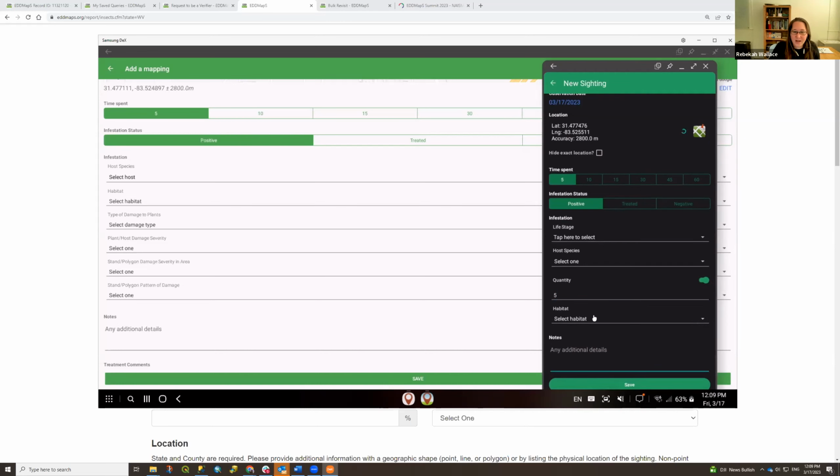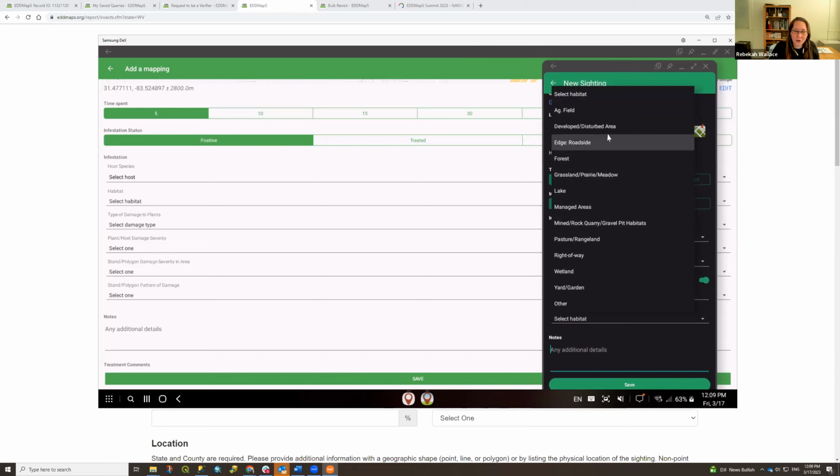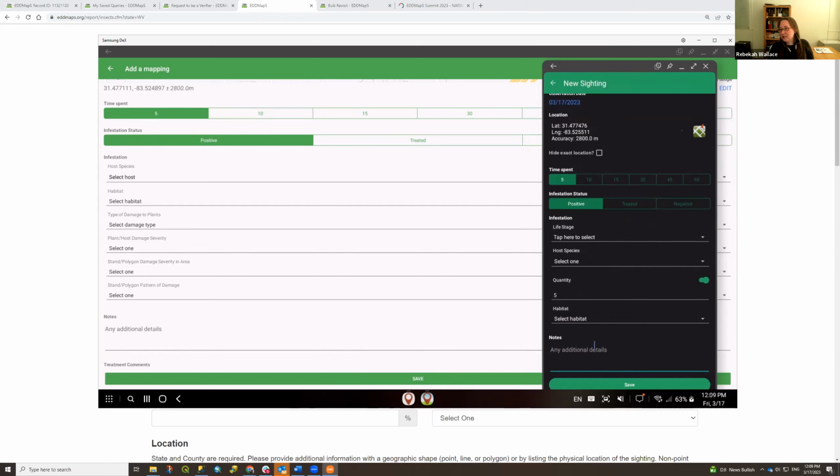And then habitat, I don't think we have inside of home as an option, but we do have ag field, right of way, things like that. So there is additional information coming in that way. There are cases where we don't have that information because of bulk uploads and because of getting data from iNaturalist. From iNaturalist, we're not going to get a host species. We're not going to get a count unless those are in the comments field. So as a verifier, you could potentially contact the reporter and ask those questions, but we do try to get some of that information, or at least make those fields available for the person to put in that information.